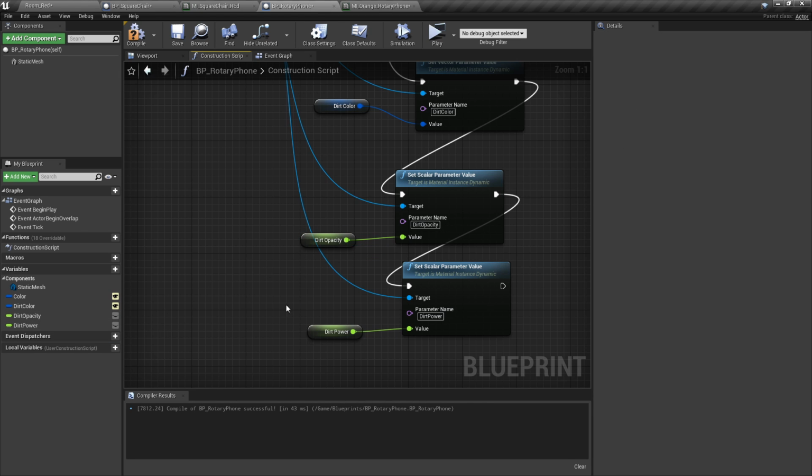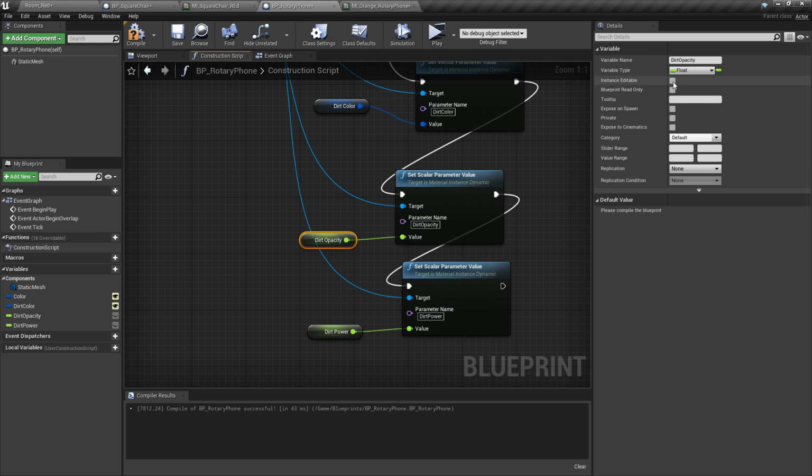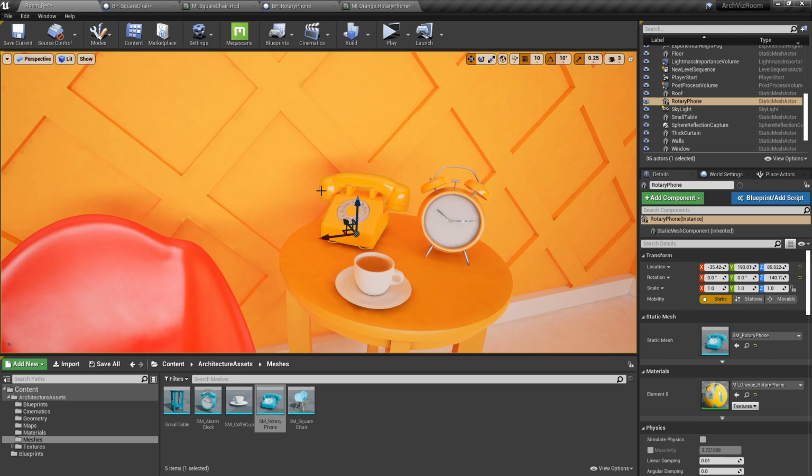And instead of clicking on the eye icon, remember, if I just click on the variable, I can come up here and check that to true. And hit compile. And for defaults, I want dirt power to be 1 and dirt opacity to be 0 with a slider range from 0 to 1, since I don't imagine a reason why someone will want to go negative values or above 1. And then I'm going to hit compile, save, and let's actually go back into the level now and replace